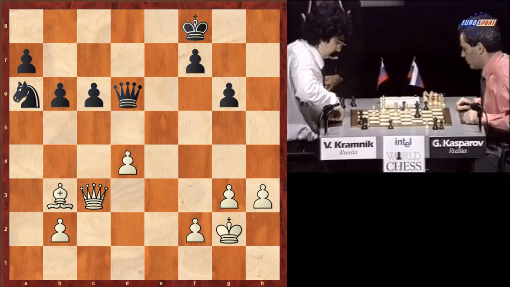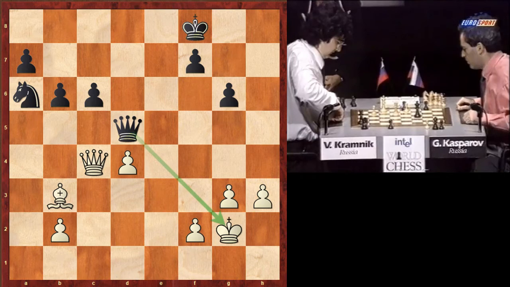Then what is the response here? Queen to c4, another brilliant move, attacking the knight here on a6 and threatening checkmate on f7. But Black, or Kramnik, responded with queen to d5, forcing the exchange of queens and blocking the checkmate on f7. So there's no other option. Queen takes queen,